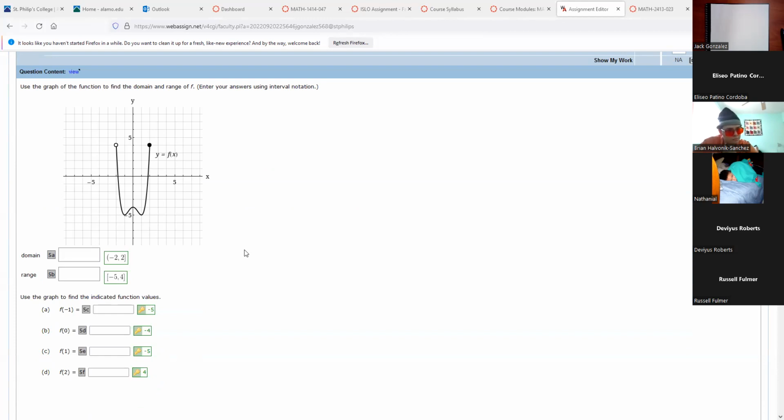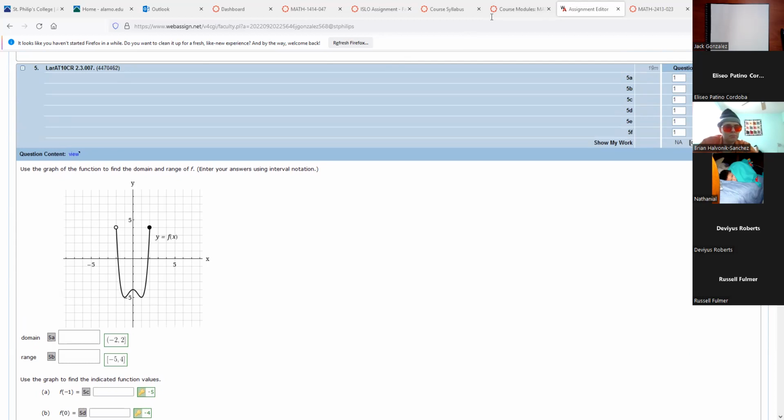A list of all the parent functions. So just a visual of what does a parabola look like? What does a cubic look like? What does a square root look like? You don't have to memorize that, but I would just have that aside. Make sure you have the parent functions with you. Okay. So if you look at number 5,